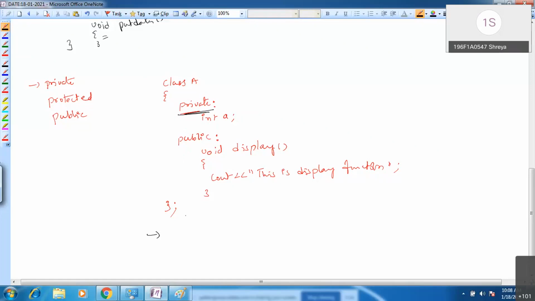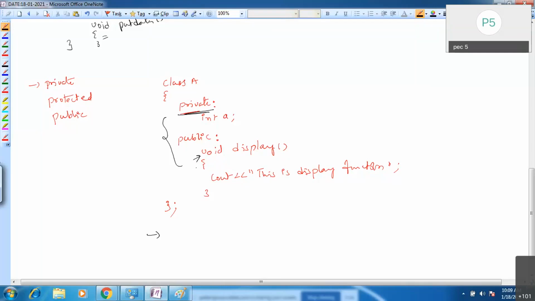Private members you cannot access outside the class, only inside it. Members of this class can use those private members, like the member function void display. Friends of that class can also use private members, but that is another topic. Private members can be accessed only inside the class.